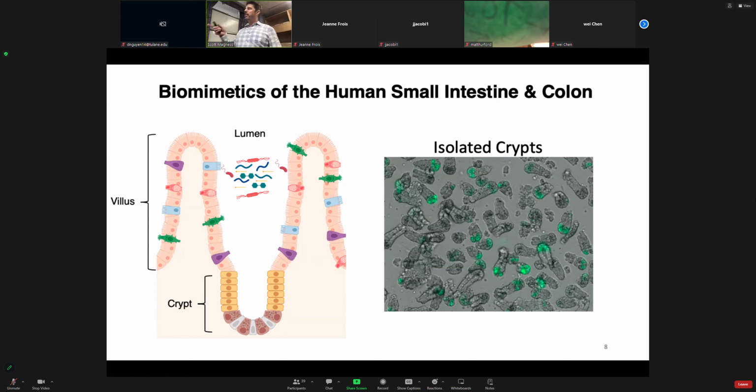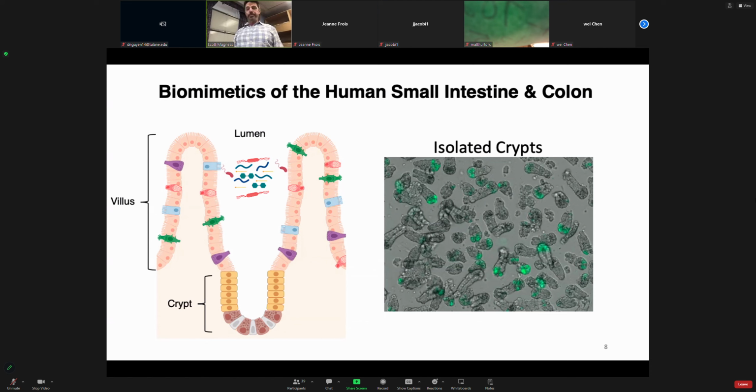So I'm going to take you through how we started this. Initially, we basically had to isolate the stem cell compartment, which is the crypt. Here's an example from mice where you can do a very simple EDTA prep. It leaves the crypts that are still in the submucosa. You do a very hard shake. It's very simple, actually, and you get out this very clean set of crypts